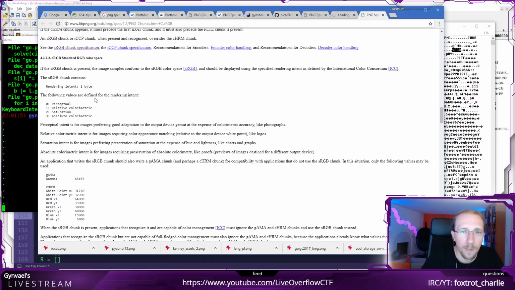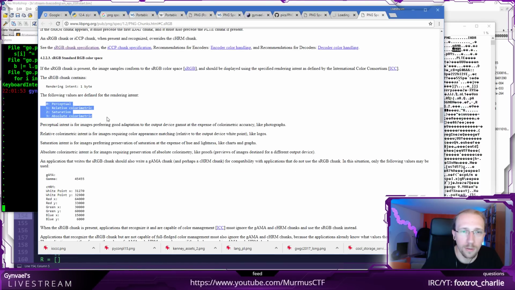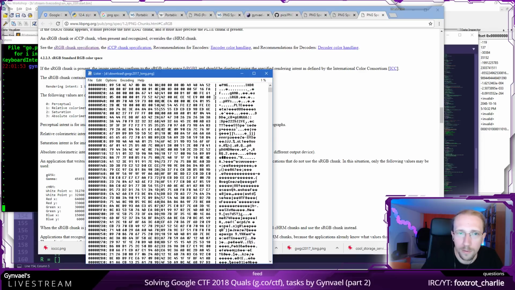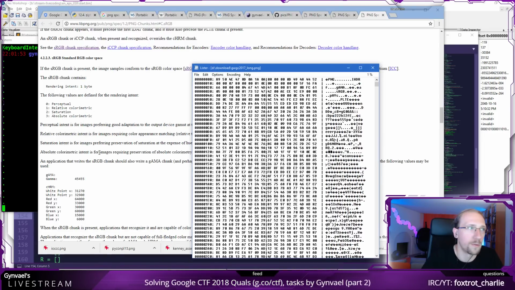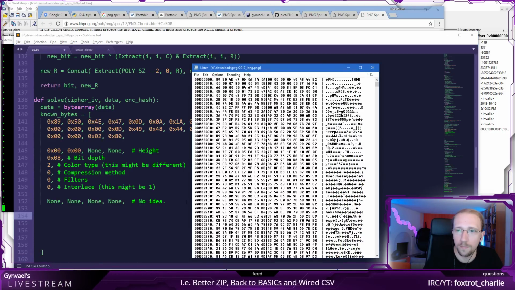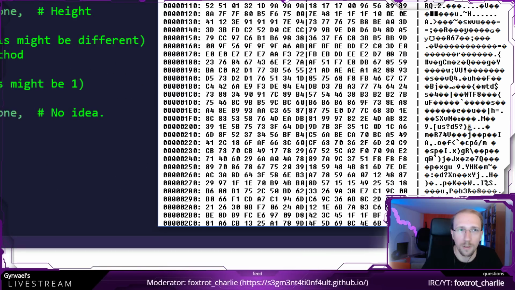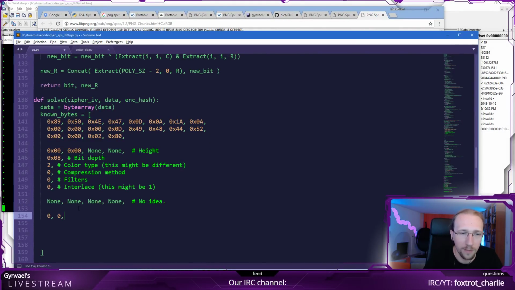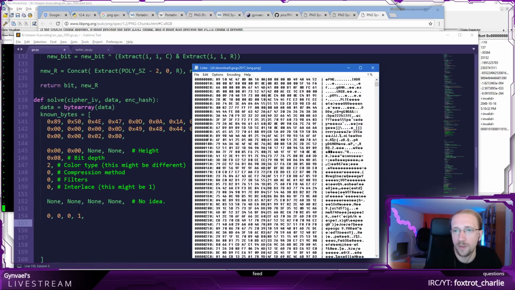Okay, so sRGB contains 1 byte, and it's either 0, 1, 2, or 3. In this case, for example, we have sRGB, it's a 0, so let's put 0. Let's assume that this is sRGB actually. So we know the size is going to be 1. So we know the bytes are going to be like this. We know 4 more bytes. Perfect. Then we know that it's going to be sRGB, right?